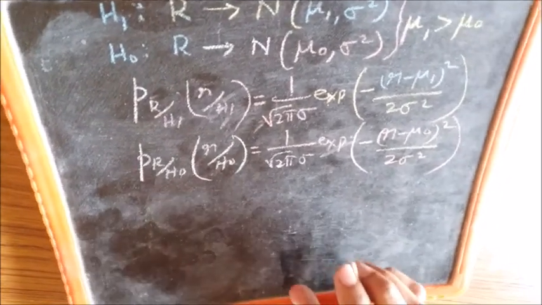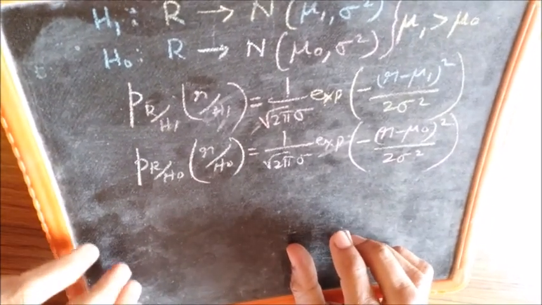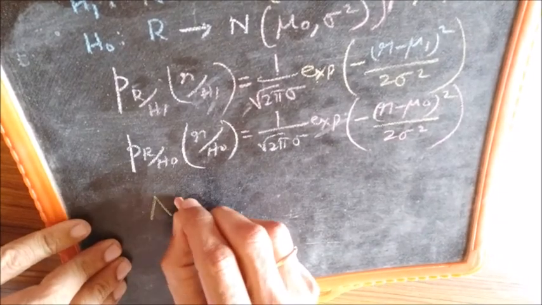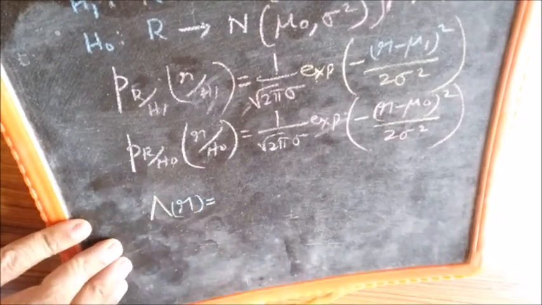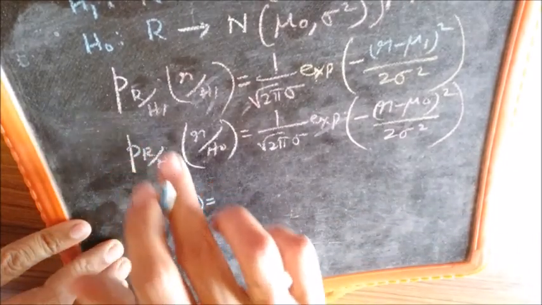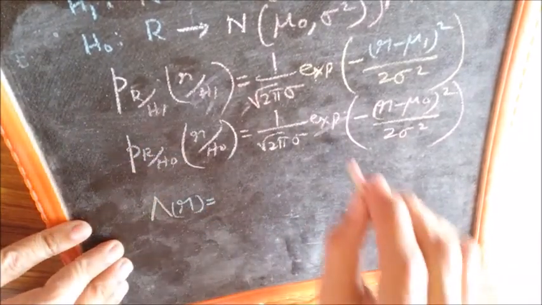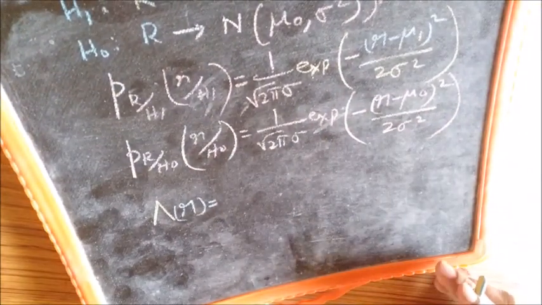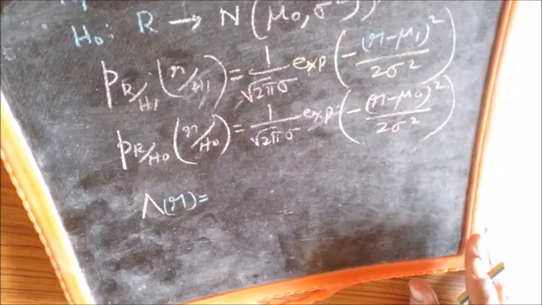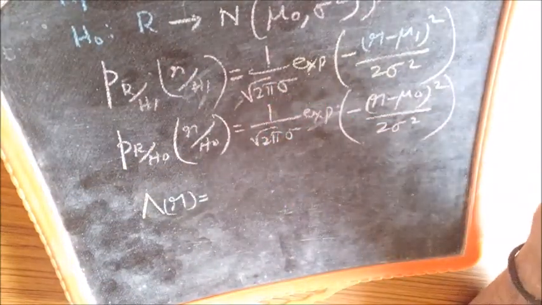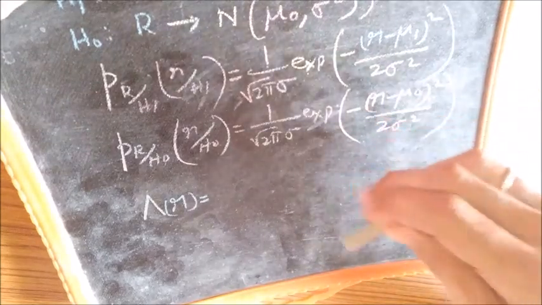Now we find out the likelihood ratio. The likelihood ratio is equal to PR H1 by PR H0, and we can straight away divide it here itself. These are not very complicated terms. We can divide it here itself and see that these terms will get cancelled and exponential divided by exponential, so